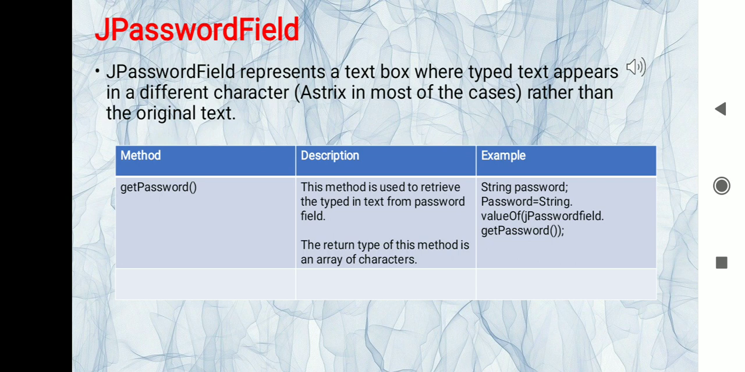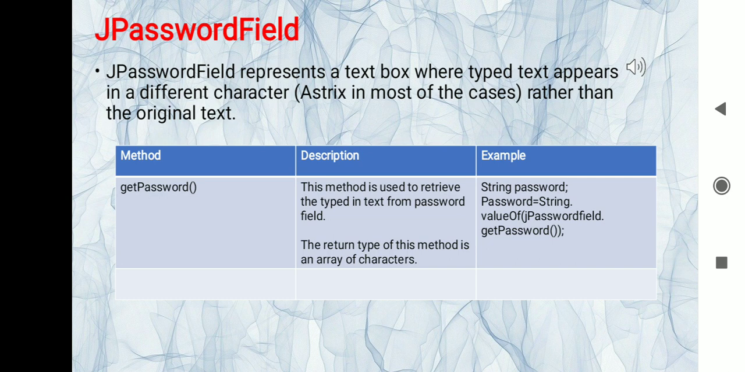Now let's discuss the class which represents the password field in Java. JPasswordField is the class which represents the password field. The commonly used method of JPasswordField is getPassword. getPassword is used to retrieve the typed-in text from the password field. That means if your password is represented by a set of asterisk symbols, the getPassword method will retrieve the plain